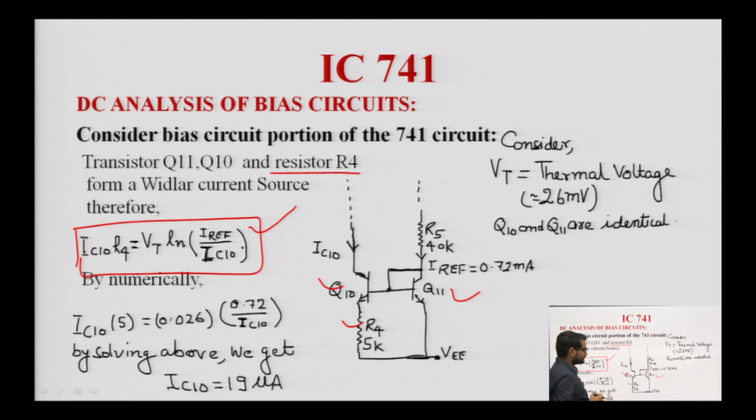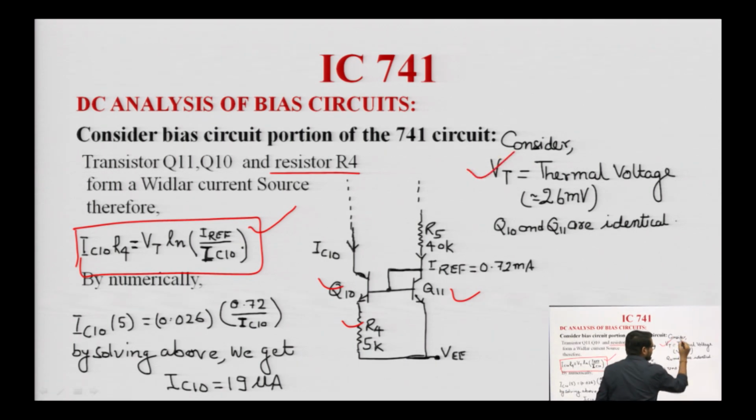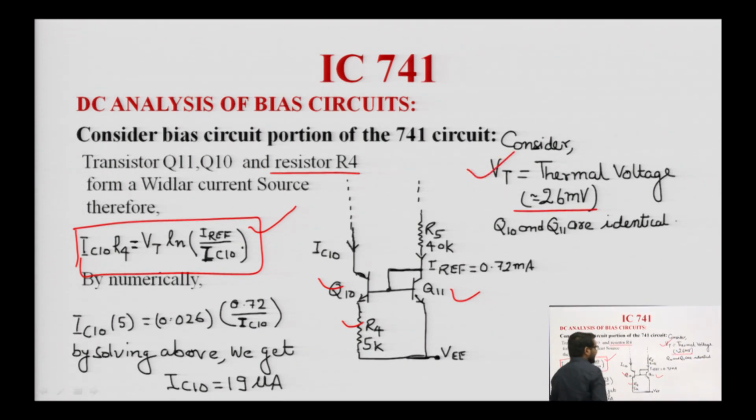Okay. So, we take the thermal voltage VT as 26 millivolt, and we assume that Q10 and Q11 are identical. It means both have the same beta value, both fabricated on the same area of a wafer. Okay. So, R is given as 5 kilo ohms, and R5 is 40 kilo ohm. So,